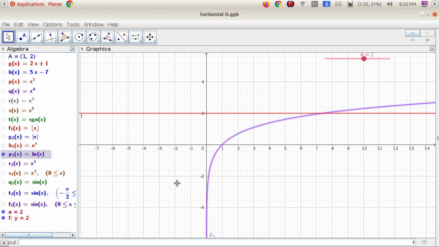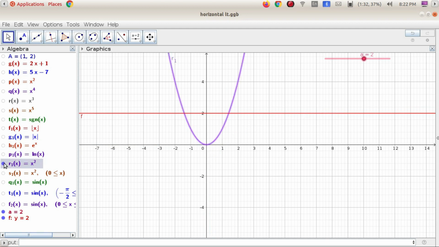Now consider log x. This function is one-one and onto. Now consider x square. We know that x square is not one-one and not onto. Now define the function x square on the interval 0 to infinity. When x is greater than 0, the function is x square. Now here the function is one-one. To make the function one-one, restrict the domain R to 0 to infinity.